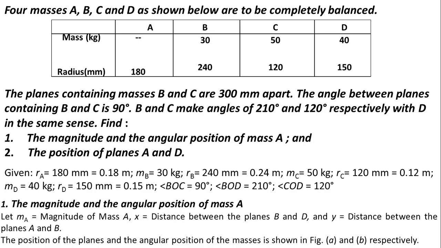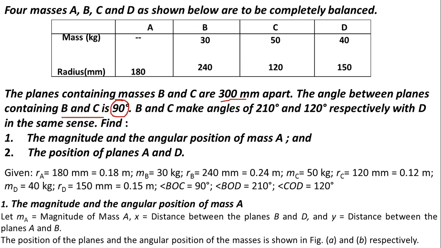So in this problem, four masses A, B, C and D as shown below are completely balanced. So with all these values it will be completely balanced. The mass and radius for A, B, C, D are given in this table, and the planes containing masses B and C are 300 mm apart, meaning the length between the planes of B and C is given, that is 300 mm, and the angle between B and C is given as 90 degrees,